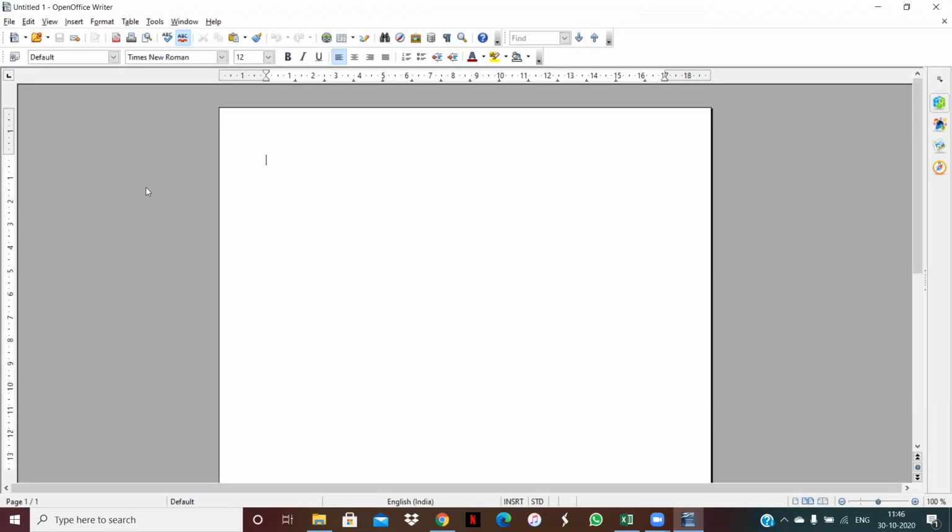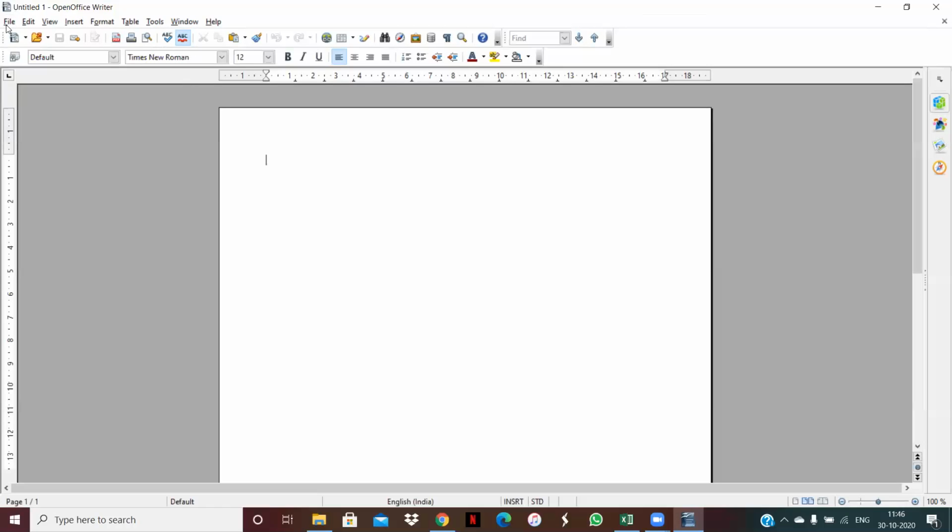These are the different components and here you can see this white area. This area is called the work area, and the bottom line of any application is called what? This is the status bar. Now the next point is here. What are the different tabs in Writer? Tabs means the parts of the menu bar. Here you can see File, Edit, View, Insert, Format, Table, Tools, Windows, Help. All these are the different tabs in Writer.